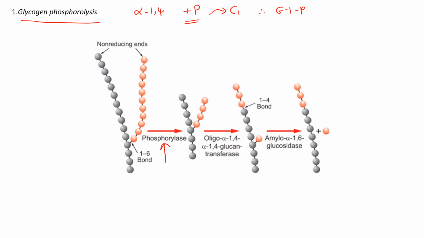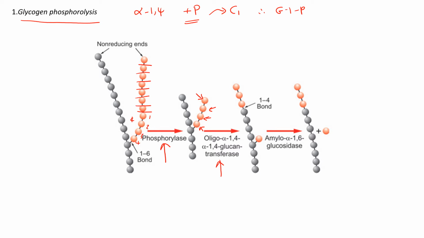That action will be repeated on and on sampailah it will stop at 4 glucose residues before that alpha-1,6 junction. As a result, you can see we have 1, 2, 3, 4 glucose. Then what? Okay, another enzyme,